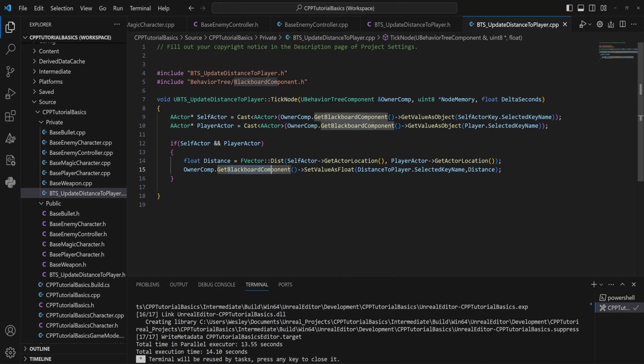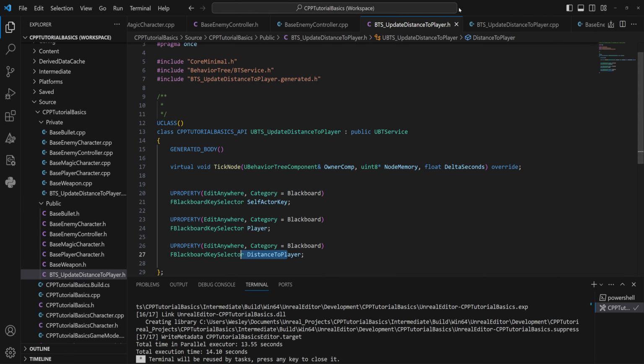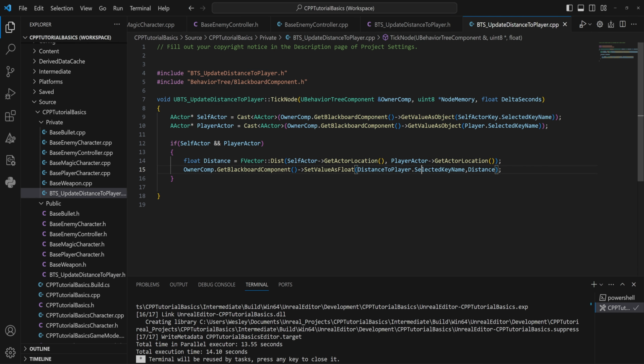instead of getting a value as object, like we did before, we will set a value as a float. And we'll set the value for the distance to player key, which is the key that we made here. And again, we have to use the selected key name and then put in whatever value it has to write